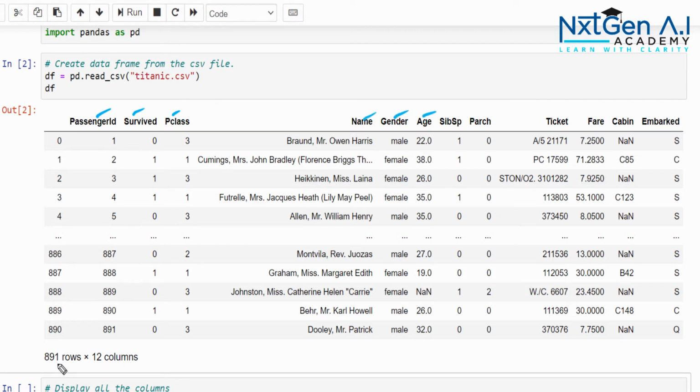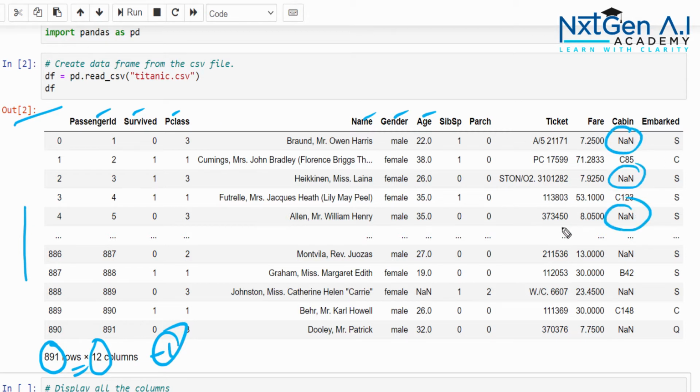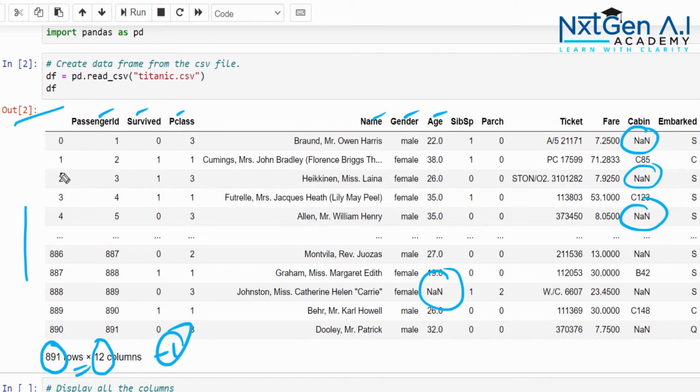Then totally we have 891 rows and 12 columns. First observation: when you see this data, you can see so many NaN here. Like this, we have a lot of NaN in this particular dataset.